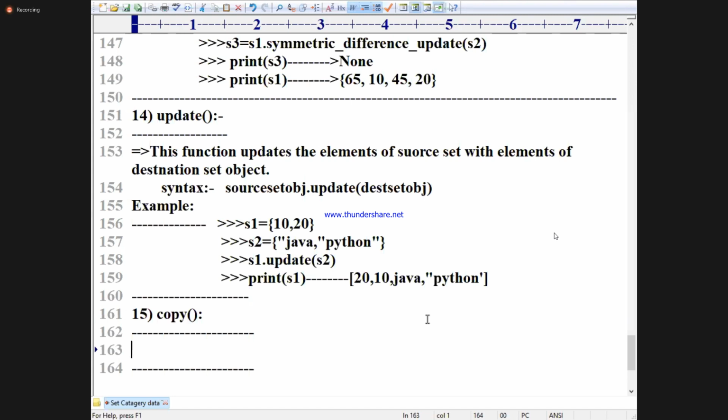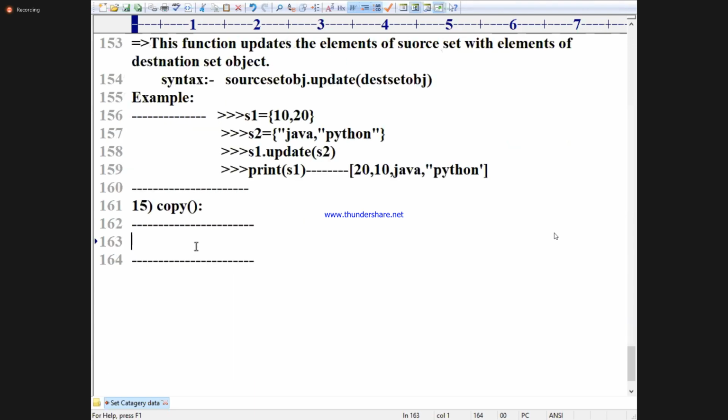What will this copy function do? The copy function will always give you a shallow copy. We applied it on list, wherever it comes, you go for shallow copy. It is used to copy all the elements of the source set into the destination object, and that copy process is called shallow copy.